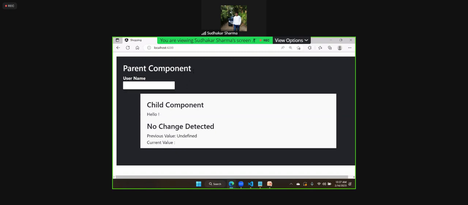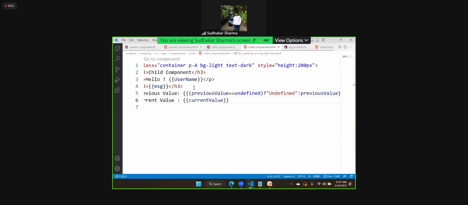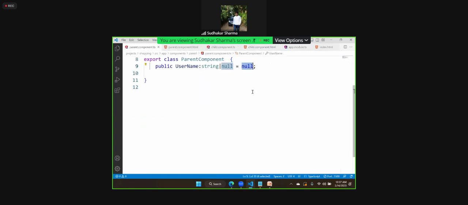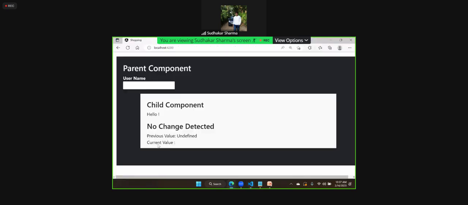I'm not typing. What I will do is initialize some value into this. So instead of null, I initialize John. And you see, when I initialize John, it says previously it is undefined and current value is John. In that case, change is detected. That means even if you are not typing anything, even if you are not clicking anything, change detection will be working. Don't think that change detection means only when you make any change, because even initialization comes under the category